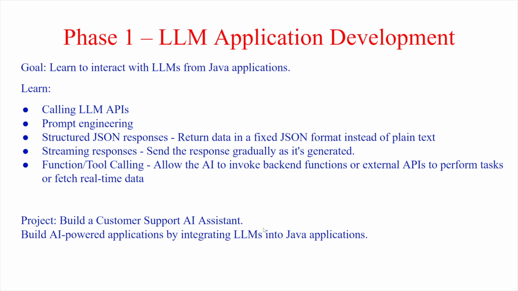Then we will move to phase 1, which is very important because now you have understood the basics. You understand what is AI, what is generative AI, what is agentic AI. You would also understand the difference between agentic AI and generative AI. Now is the time when you learn how to interact with these LLMs from a Java application. So till now, you have created a Java application with controller, service, and repository layers. External APIs are called through your service layers, and that's a basic application that you've created.